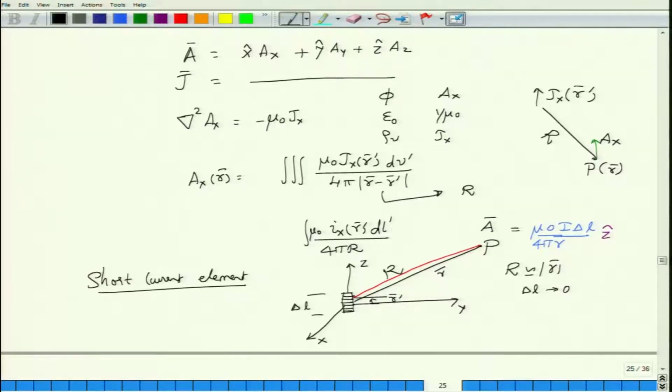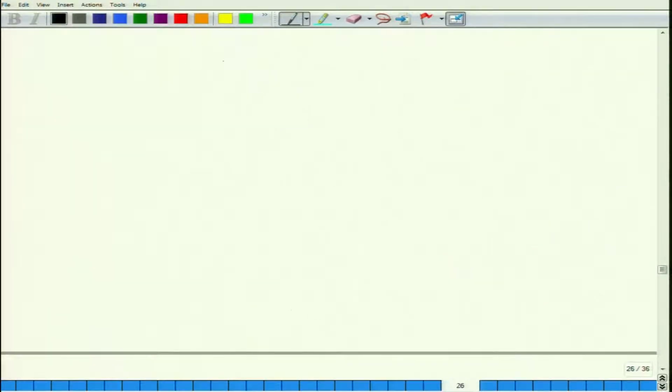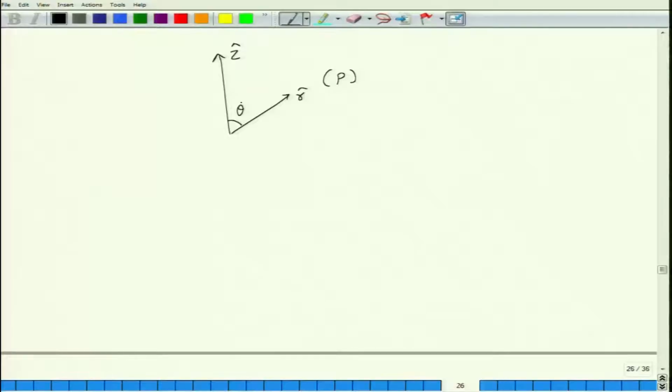Now what have we actually achieved by this? Well, you are looking at the spherical coordinates. If this is your z hat vector, in the case of spherical coordinates you have r, theta and phi as the unit vectors. The r direction will be along this way, and since this goes off to the observation point P, the angle between the z axis, that is the current element, and the observation point will be given by theta.